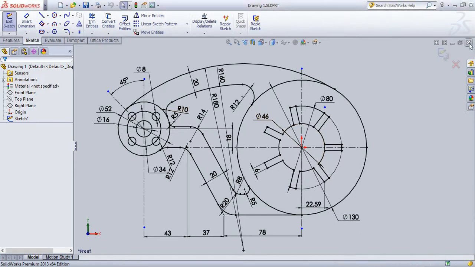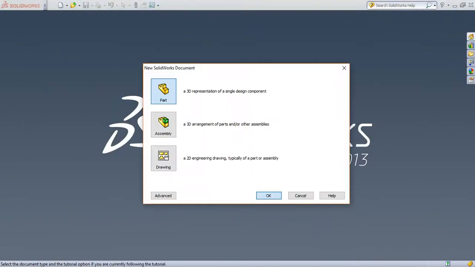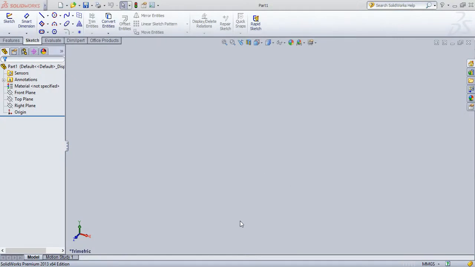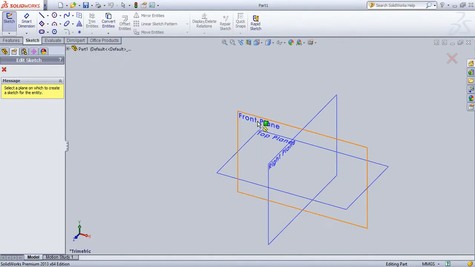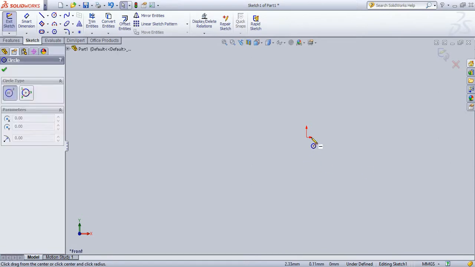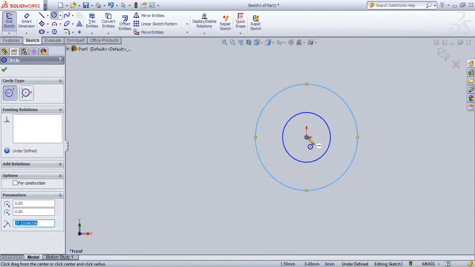So by clicking new part, in order to create that figure again, we press sketch, select the plane that we want to create onto, and there you have it. So let us start with the circles first. Let's select the circle. First, we will be creating three circles here,